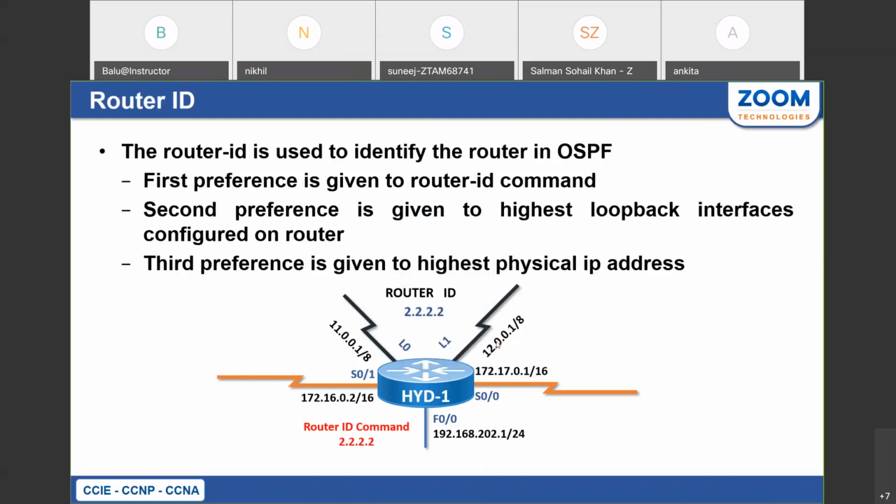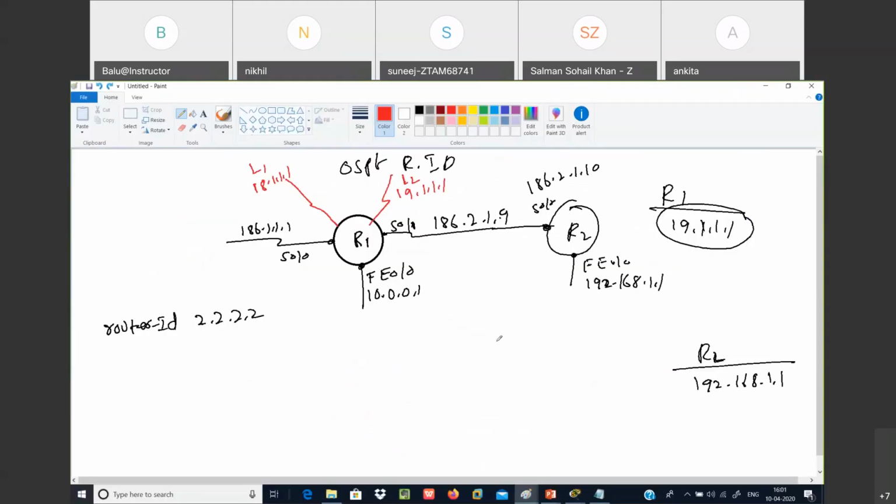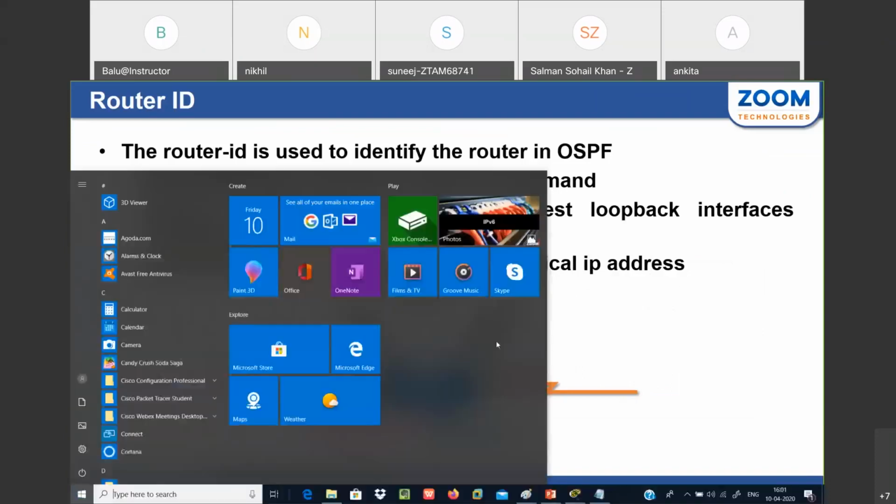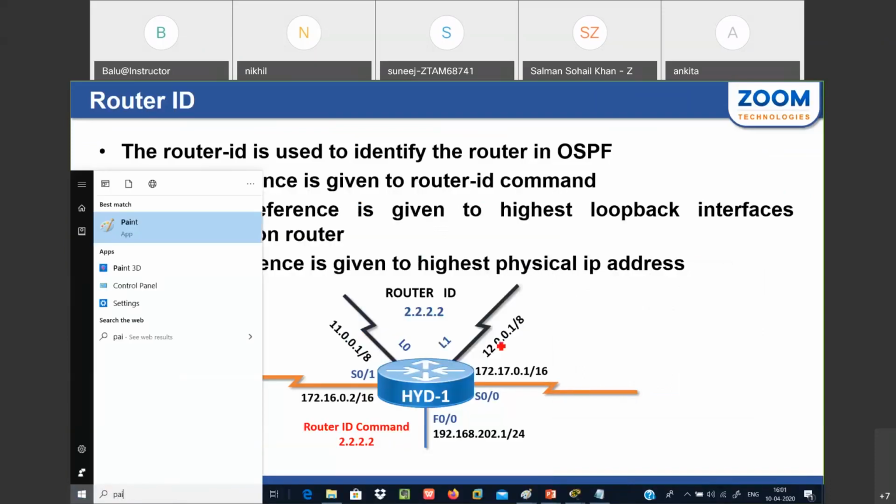Okay, guys. I'm skipping some terminology here. We'll continue the complete OSPF terminology tomorrow in OSPF part 2. Today, let me directly show you the OSPF configuration. We have two parts of OSPF, and part 1 is this. Part 2 we'll continue tomorrow. Before the OSPF configuration,